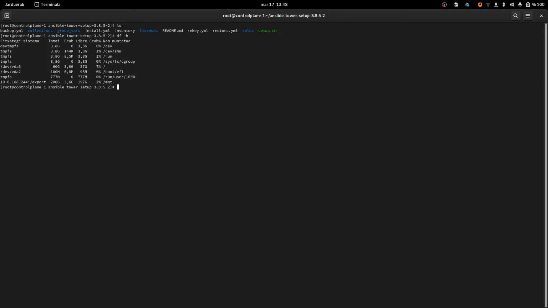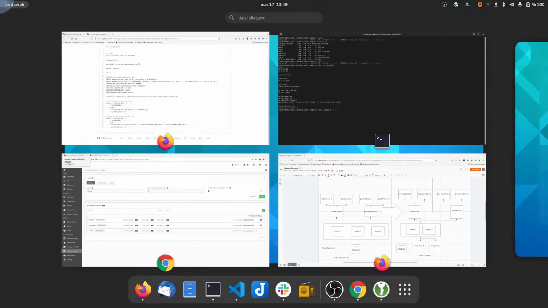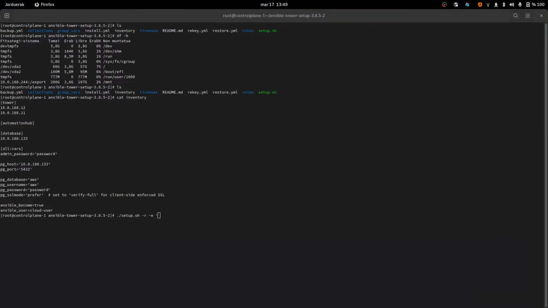And here we have an inventory, but this inventory is a smaller one, as you can see, just 2 tower nodes. And we are going to restore the old backup here. So let me try to remember how does this work. Restore, we have to set up restore_backup_file, and the backup file is going to be a mount